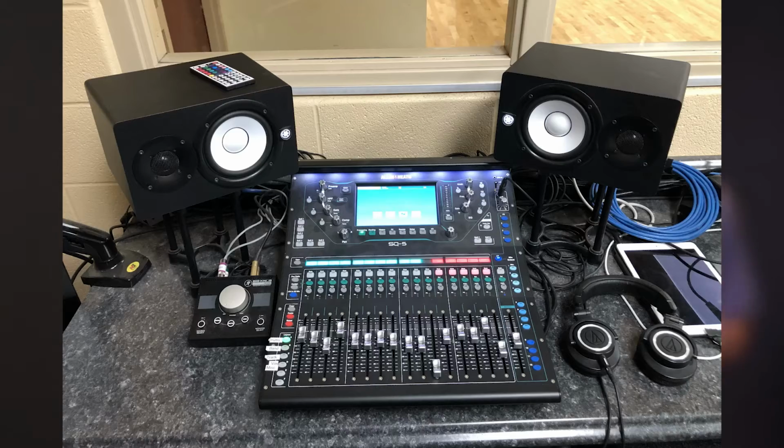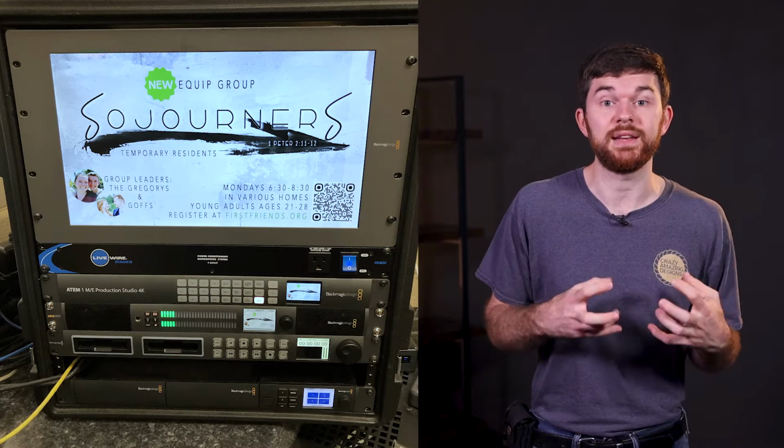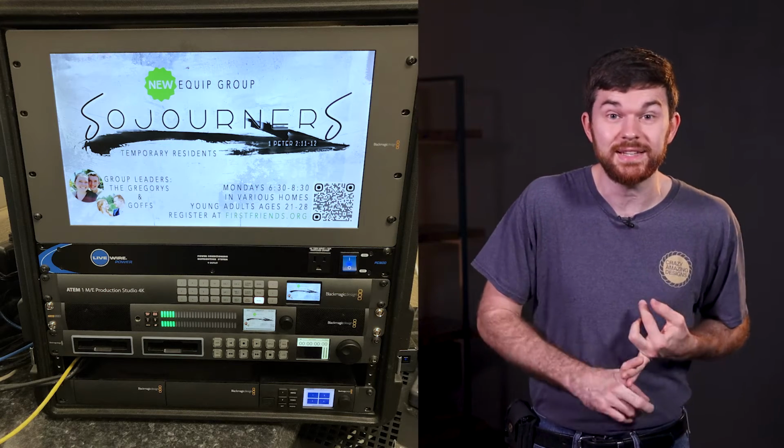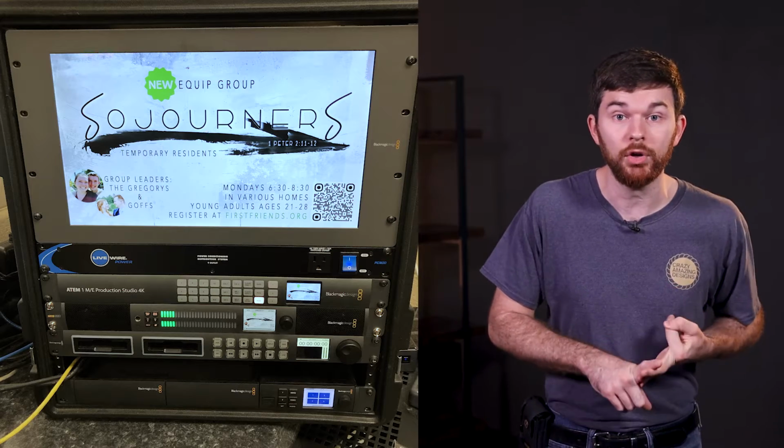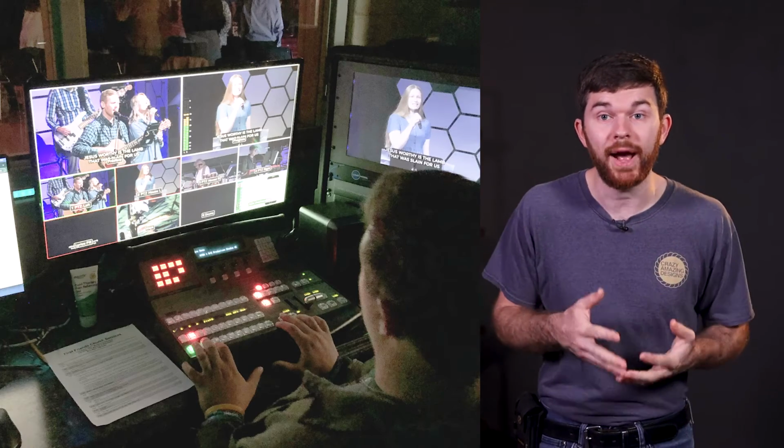Our video control room is located in the back house left corner of our gym. So let's look at the control room. Our broadcast audio console is receiving inputs from the Dante audio network and sending its mix to our ATEM switcher. Then on the video end, we have a rack that contains our video switcher, some SSD recorders, a monitor to show program, and an input and output patch bay in the back.